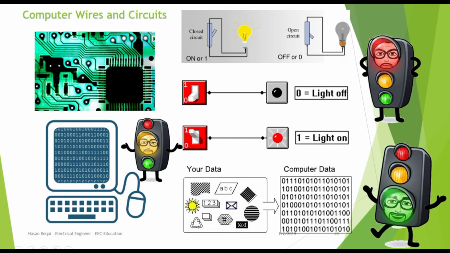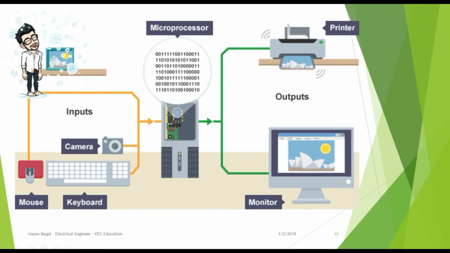If you use more wires, you get more bits, more ones and more zeros. With more bits, you can represent more complex information. But to understand that, we need to learn about something called the binary number system, which will be discussed in the next chapter. So now we know that computers understand only two states, 1 and 0. The CPU can deal with on or off signals received sequentially.